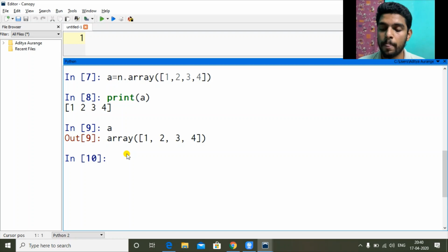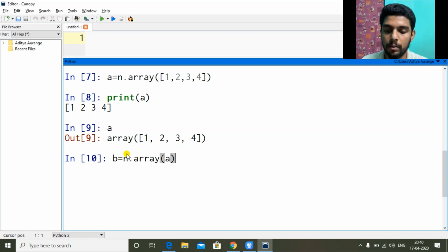So let's say using another NumPy array. Let's see, we create a NumPy array B using NumPy array A. So n dot array, it's a function and I'm passing what?